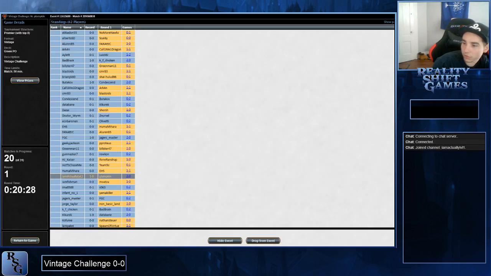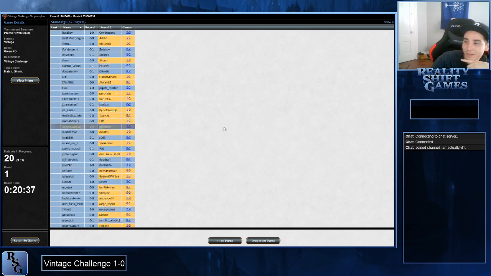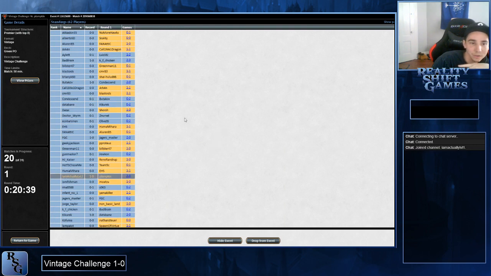Our text. Quick 1-0 start. This is a 62 rounder, so a pretty big one. Or 62 player, not rounder. So it'll be 6 rounds. It'll be your normal. Let's see who